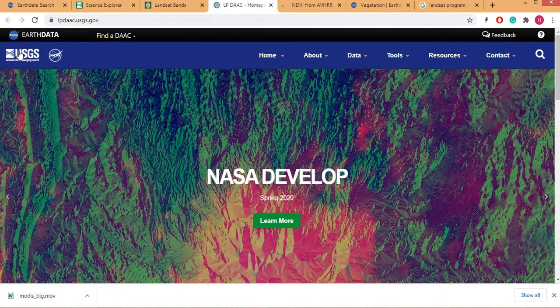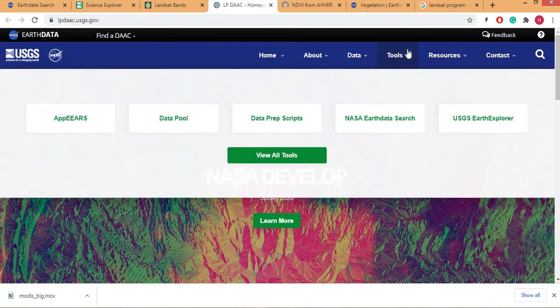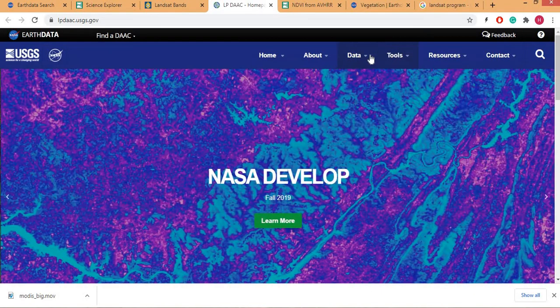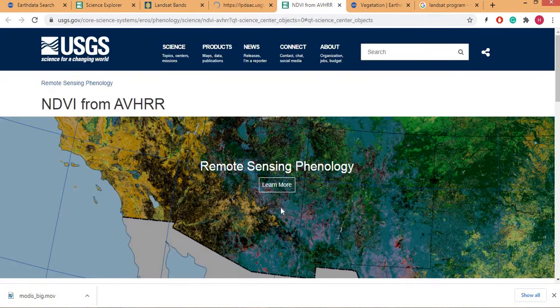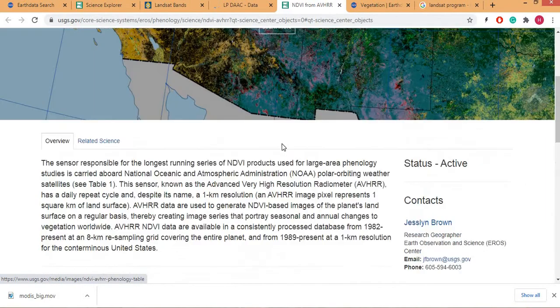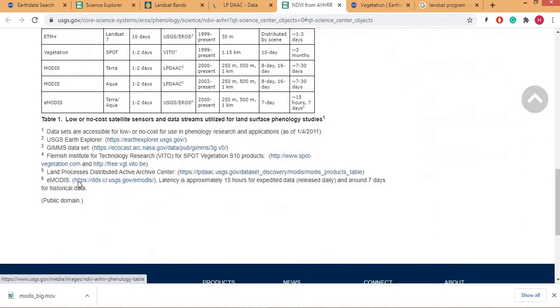This is the website Earthdata USGS. You can select multiple tools. Here you may have access to different software. Here we have data sets. So when you go for view all data, you can see all the data sets. So this is remote sensing phenology. This is the website, and here we have multiple data sets.